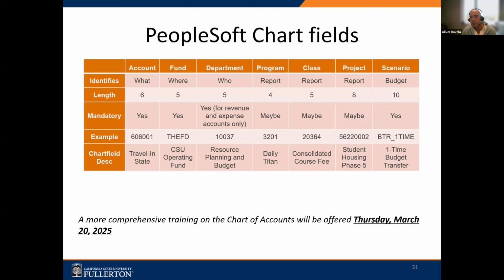So our financial data is described by these characteristics or these dimensions. We have account values that describe the type of expense something is. So for example, if one wanted to describe in-state travel, the account code used to describe that is 6001. If you wanted to describe the expense related to regular support staff,